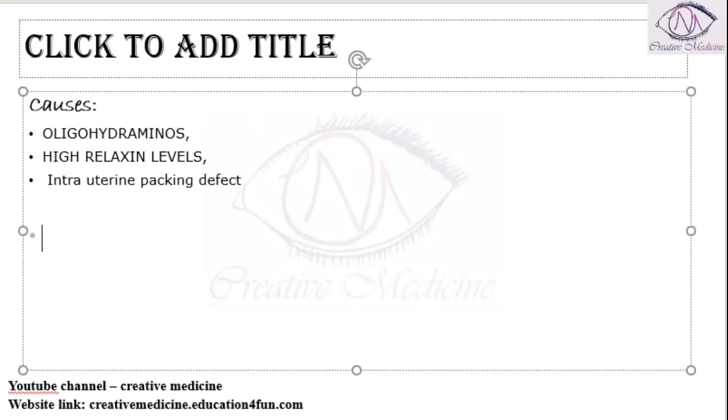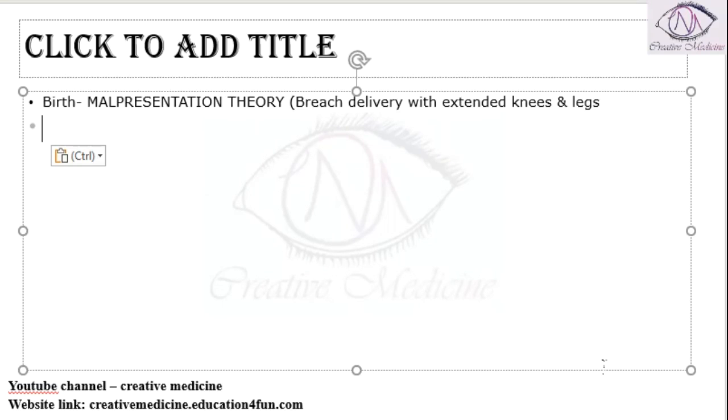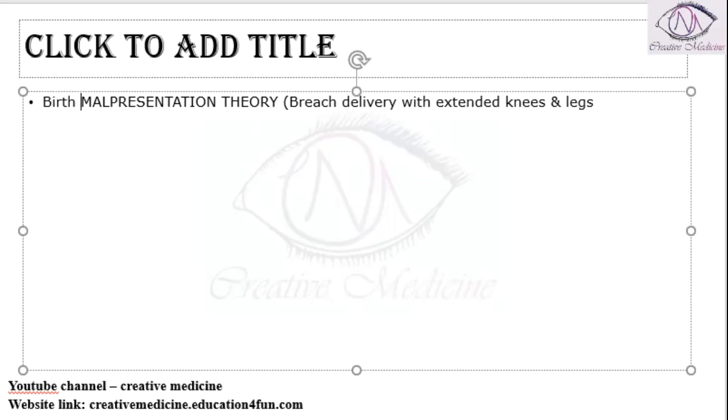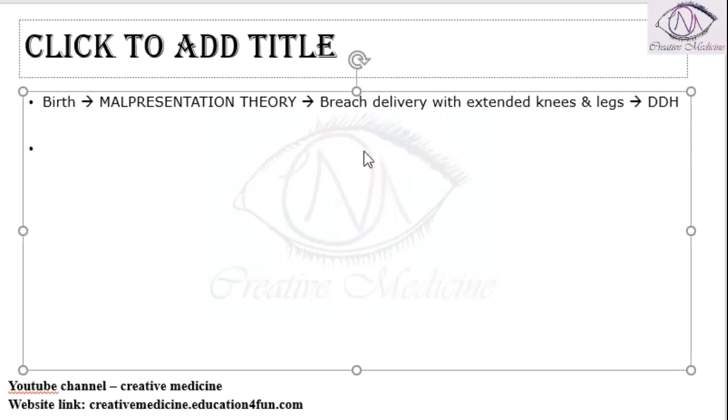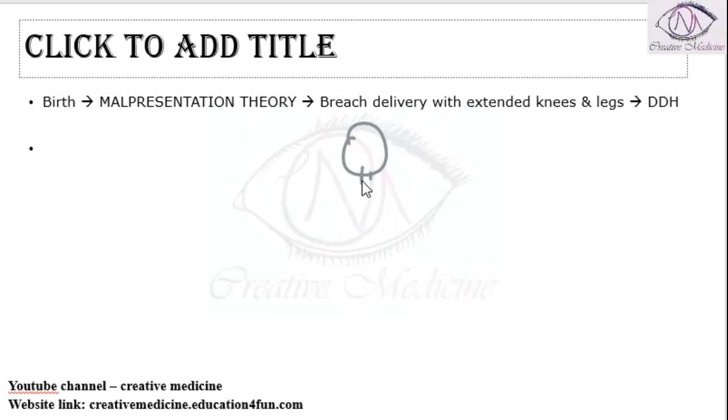Then at birth, there is a theory which is called the malpresentation theory. At birth, malpresentation can result in developmental dysplasia of the hip. For example, if the patient has a breech delivery with extended legs and knees, that is, if the child is like this